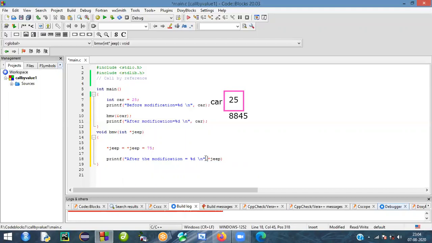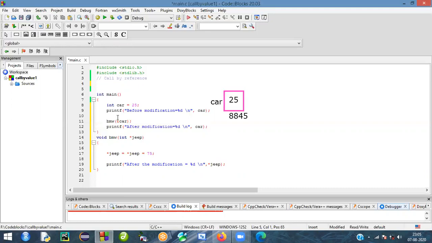Okay. So, fine. I think everything is clear. We need to declare one more thing, that is prototyping. So what I am going to do is copy this one for prototyping. Here you can mention it this way, or you can mention it without the variable, just make it an integer pointer like this. This is also one way.